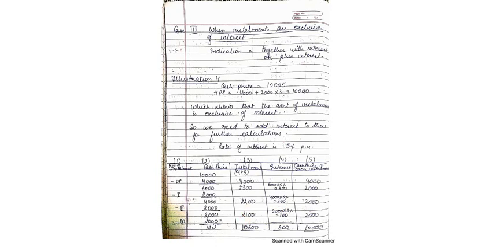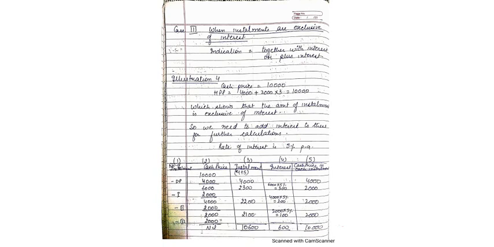If we total this column, it comes out to be 10,600. If we total the column of interest, it comes out to 600, and in case of cash price, it is 10,000. Now you can see that the total of the installment column, 10,600, is the total hire purchase price, which is more than the cash price. It is the sum total of interest and cash price. I hope I have made my point clear.